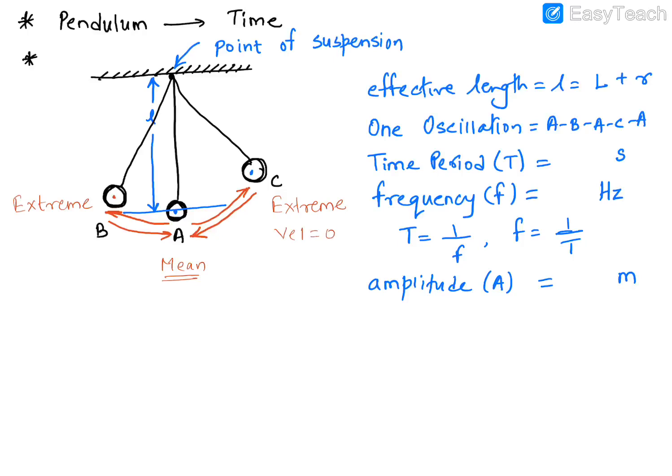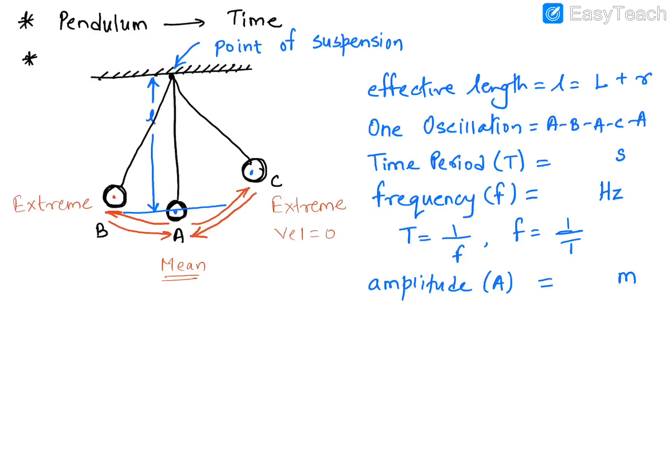Now, what is the velocity of the bob at the point C? It is 0. The speed of the bob at the point C has to be 0. Otherwise, it would keep on rising further. But as I said, that's the last point, the farthest point where the bob can go. So there the velocity of the bob is 0. These are all the technical terms you need to understand for a pendulum. They can ask you all these definitions which I've mentioned over here: effective length, one oscillation, time period, frequency of oscillation, the relation between T and f, and the amplitude.